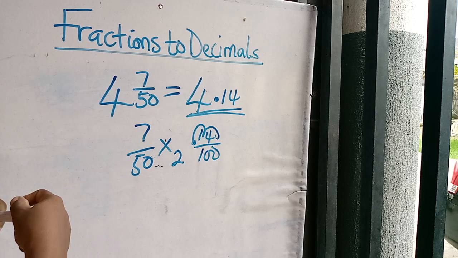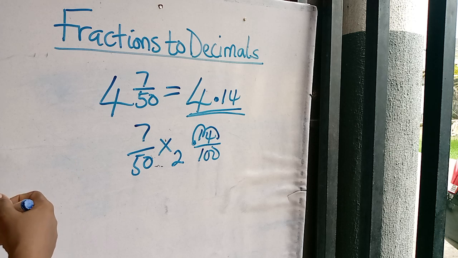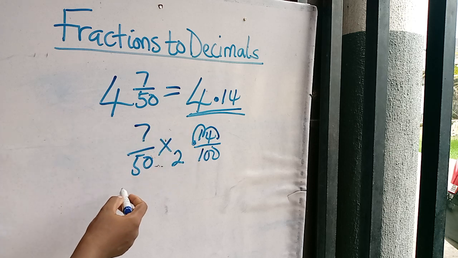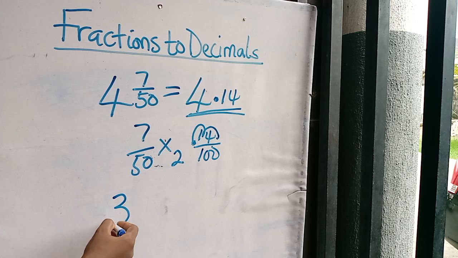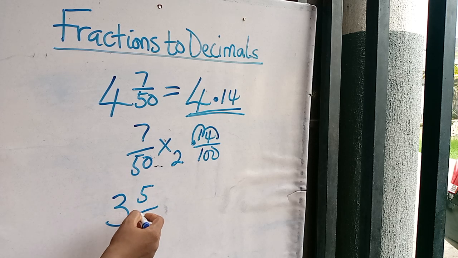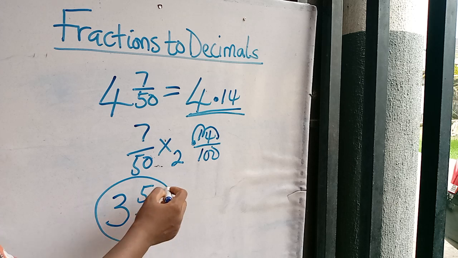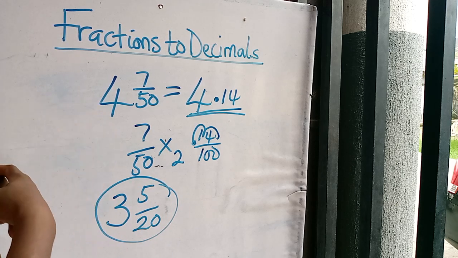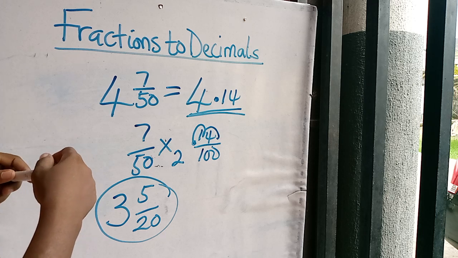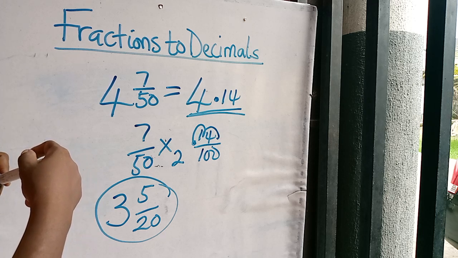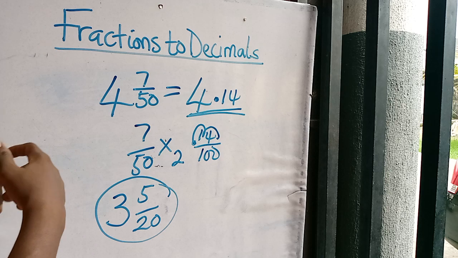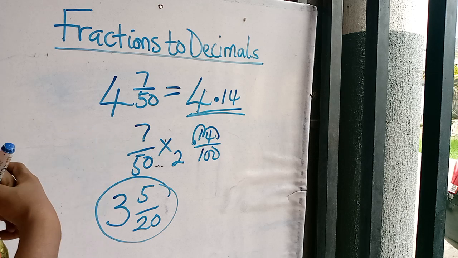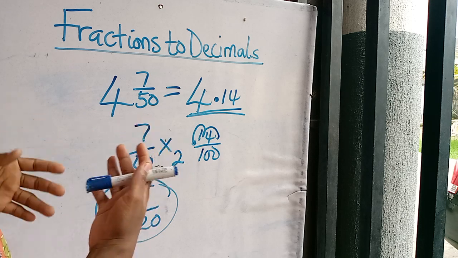You've got the idea. Now it's time to try some for yourself. What if you have something like this? 3 whole number 5 over 20. I want you to try this for yourself to see if you have gotten the concept of what we have discussed so far. For other fractions where you can't make a base 10 denominator, there is another step you can take to make it work,